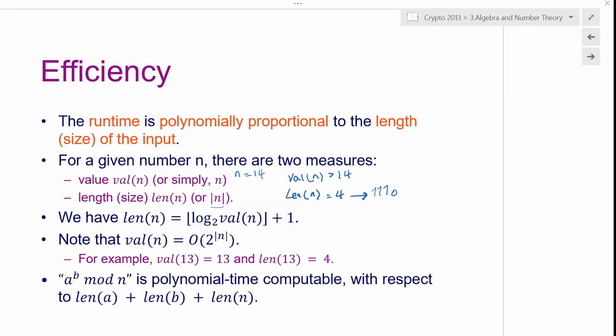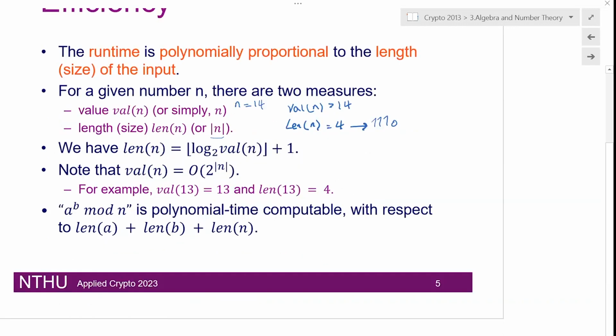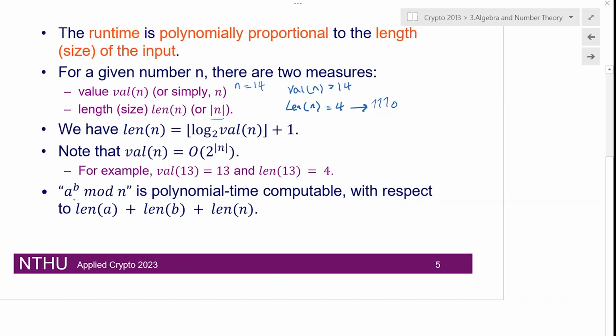So that being said, from now on, when we talk about a polynomial time algorithm, we are talking about polynomial time in the length of the input values. For example, we say that there is an algorithm for modular exponentiation. You have some integer a, you raise it to another integer b mod n. And we call this algorithm polynomial-time